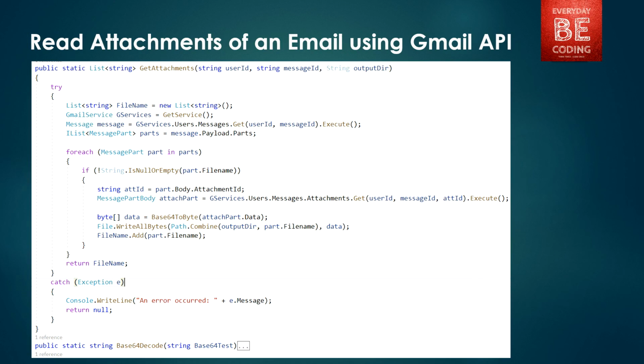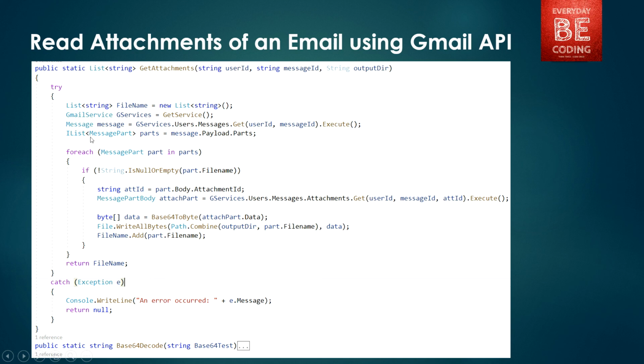Okay, read attachments of emails using Gmail API. This particular method takes 3 things. The first 2 are in parameters and the 3rd is an out parameter, and based on the 2 input parameters, this function produces a value and stores it into this output variable. So the user ID means the host email address, and the message ID.